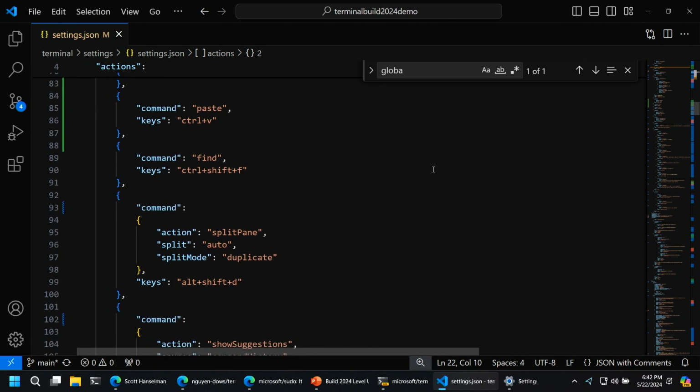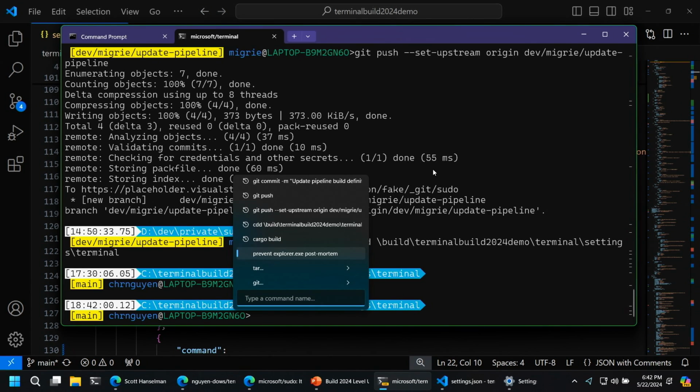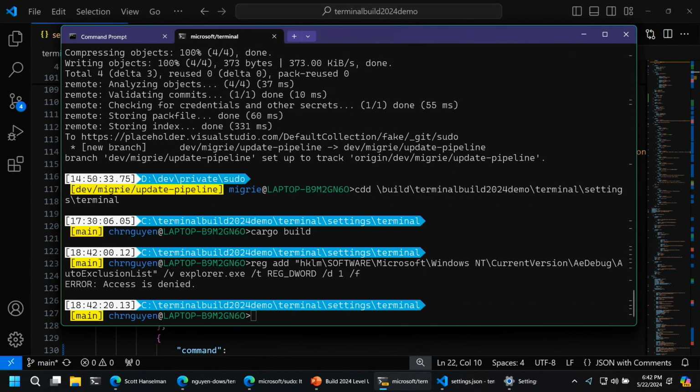And that just sends a sequence of characters as if I had typed it. So I don't actually have to remember the long reg command. I can just run that. So you get snippets, like we have snippets in VS, but snippets in terminal. Yeah, snippets for the terminal, right? Nice. So I don't have to remember this anymore.